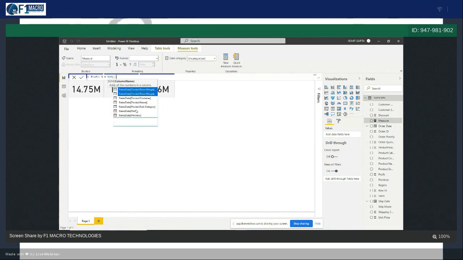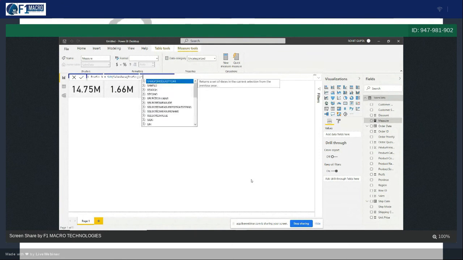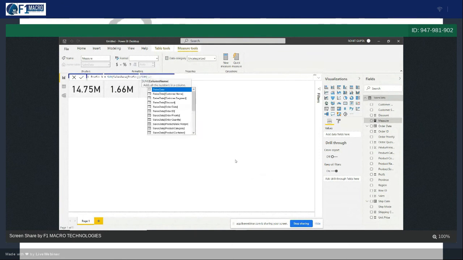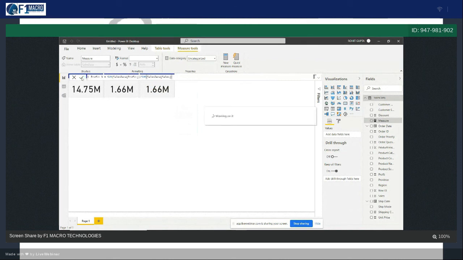You require profit, type PRO. You can see the suggestions containing PRO. You want to select profit, so you select profit by pressing tab. Don't type anything, just use tab, close the bracket, divide by what? Sum of sales. So you need to search for an attribute which contains sales. So this is sales. Then close the bracket and click on commit. Commit means if this expression is correct, it will not give an error. If there is an error, it will give you an error. So you will be able to see profit percentage over here.